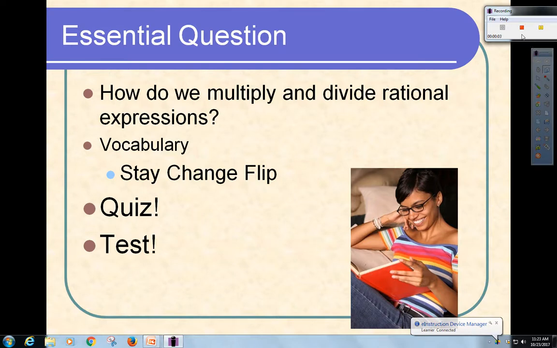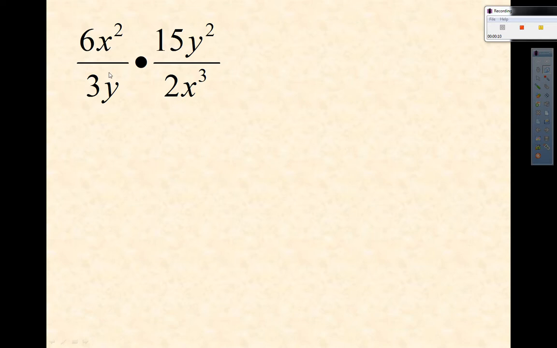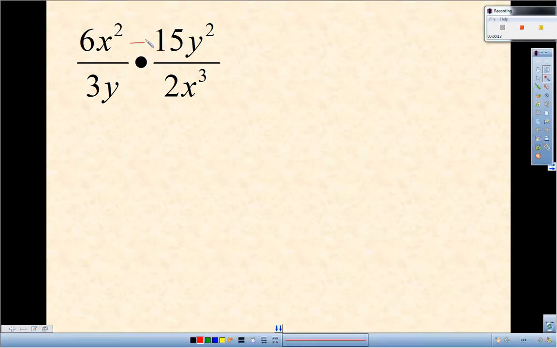Alright guys, today's essential question is how do we multiply and divide rational expressions? But for today we're just going to be looking at the multiplication aspect. Well, whenever we multiply straight across. But the first thing we're going to do is factor each of our terms to see if